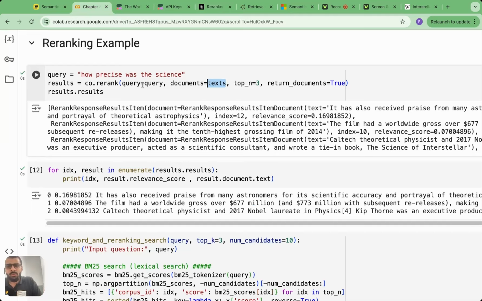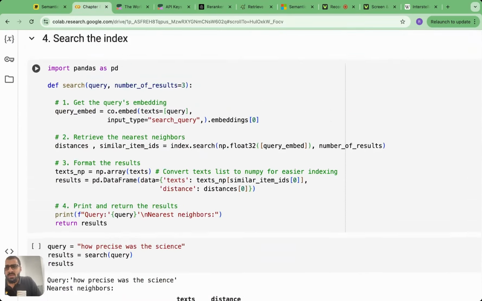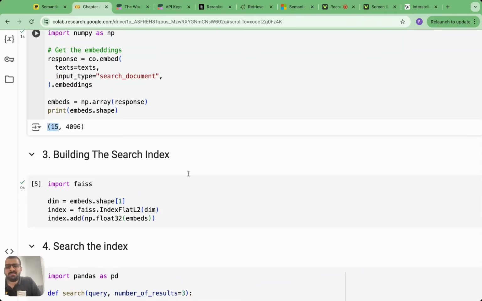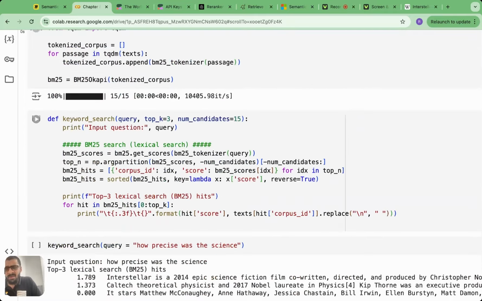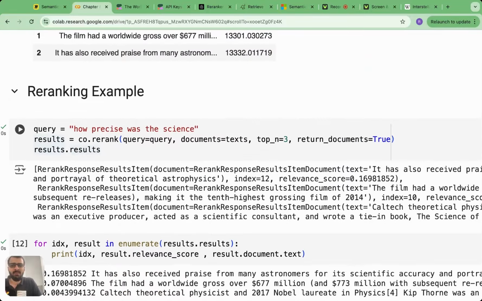For the code which I'm demonstrating right now, here we only have 20 sentences. So let's see. Yeah, we only have 15 sentences actually. So even if you directly implement re-ranking, it's totally fine. But this will not work in real life examples. You should not directly re-rank. You should first implement a dense retrieval, maybe select the top 1000 or top 500 documents, and then implement the